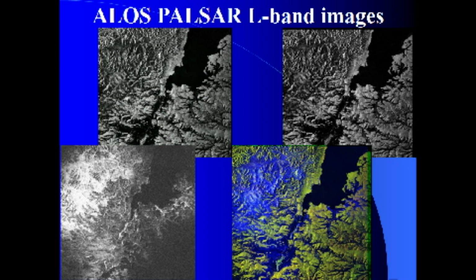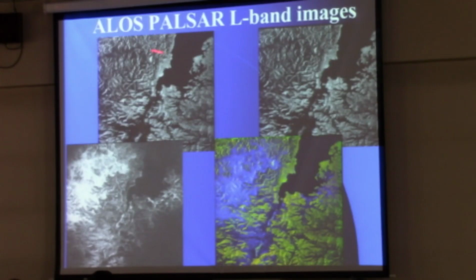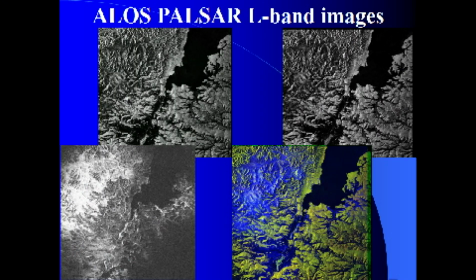Here you can see the L-band images taken from ALOS PALSAR. This is the image acquired in 2007, and this is the image acquired in 2008. Here you can see the coherence image calculated from these interferometric datasets, and if one is familiar with interferometric coherence products, in general, coherence is a very good indicator